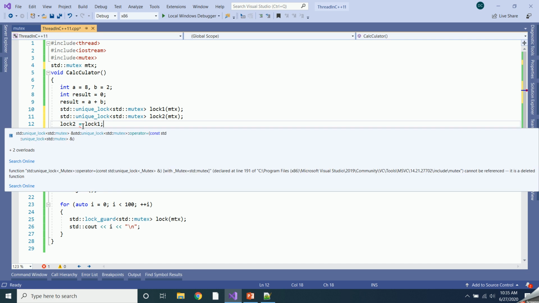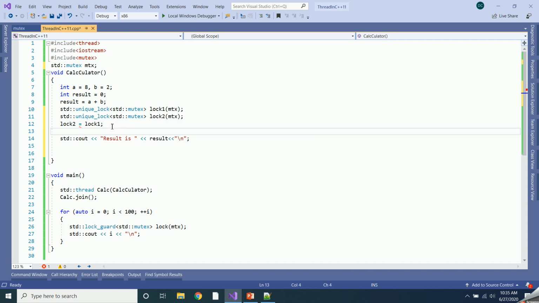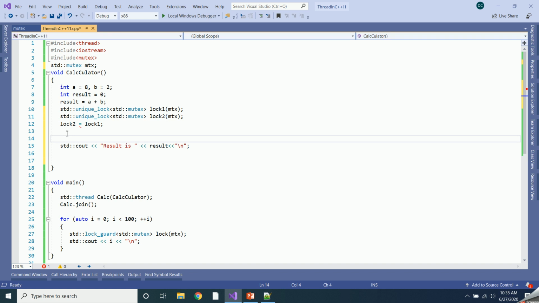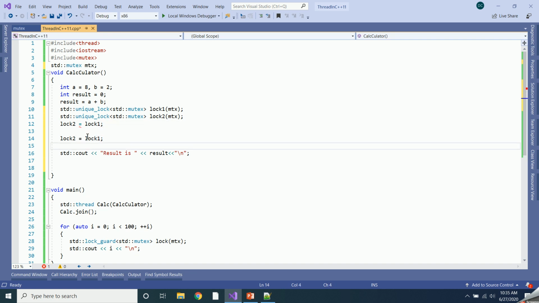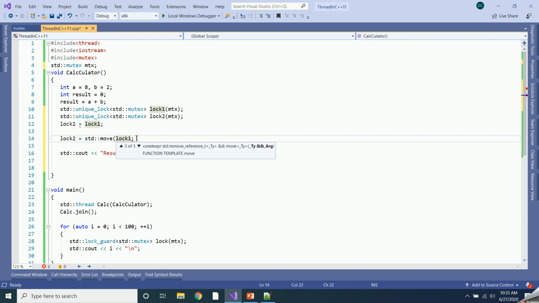This is not possible because you cannot copy assign or copy construct the unique lock, but you can perform the move operation on this unique lock. So you can move the lock to another lock.